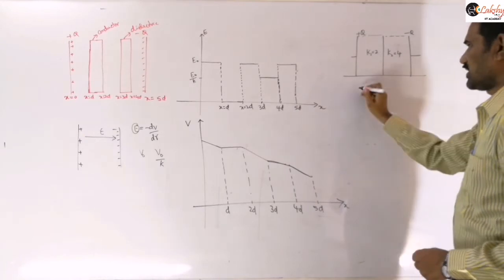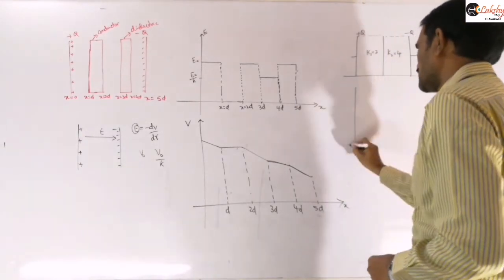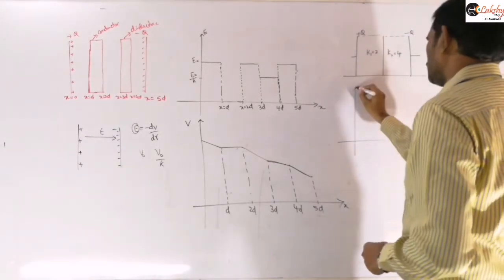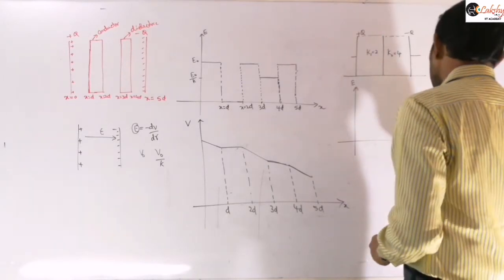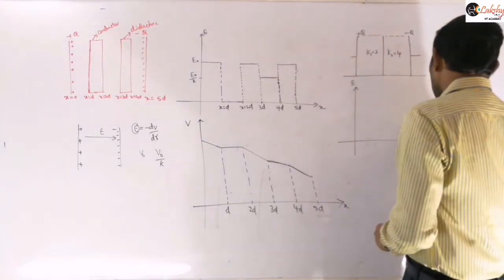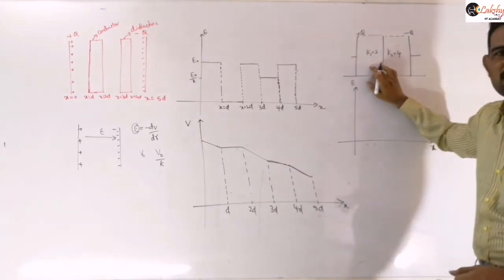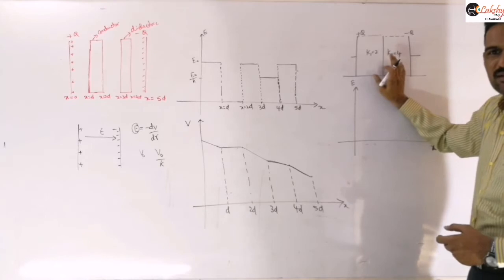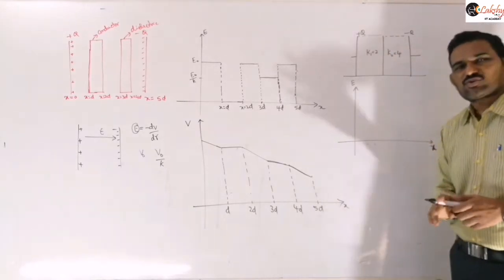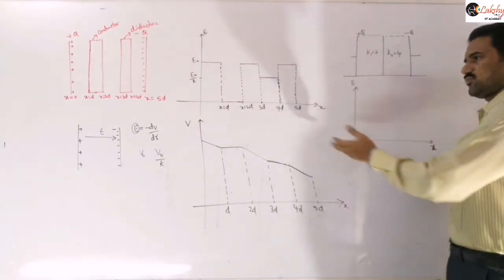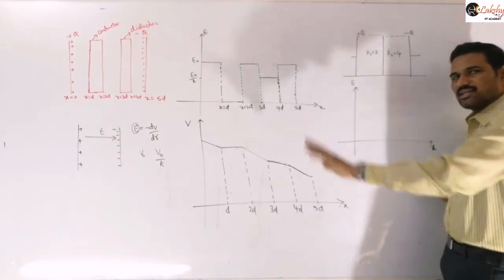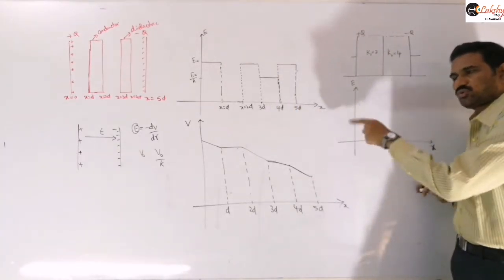Now they will ask again the variation of electric field versus distance. That means in a capacitor, two dielectrics of dielectric constants 2 and 4 are inserted like this. Then we need to just draw the variation of electric field inside this. So now if you understand these two graphs, you can answer any type of question here.